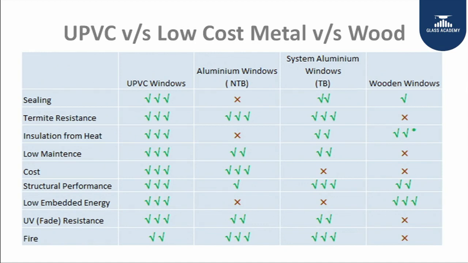Comparing different types of framing material, in UPVC you have a double sealing system between the frame and the sash and the glass. In aluminum windows, you have a design gasket group, but practically there is no gasket in the installation, and therefore you do not have any insulation. System aluminum windows do have design as well as some quality controls, so you have a much better insulation. However, UPVC windows itself has the insulating characteristics which gives you a better mechanism than the rest of the other three.